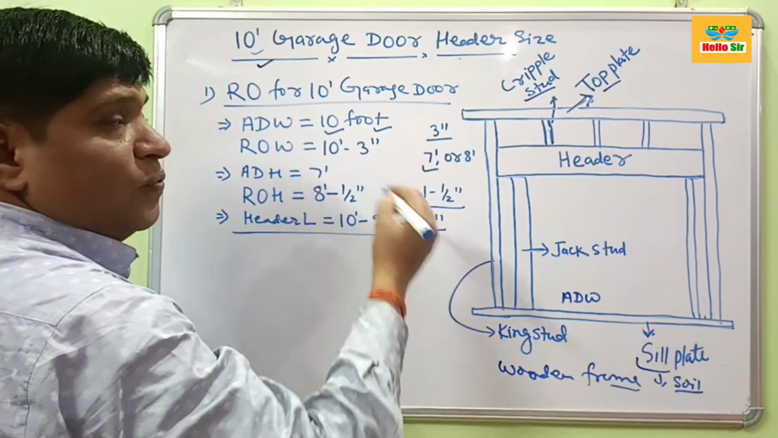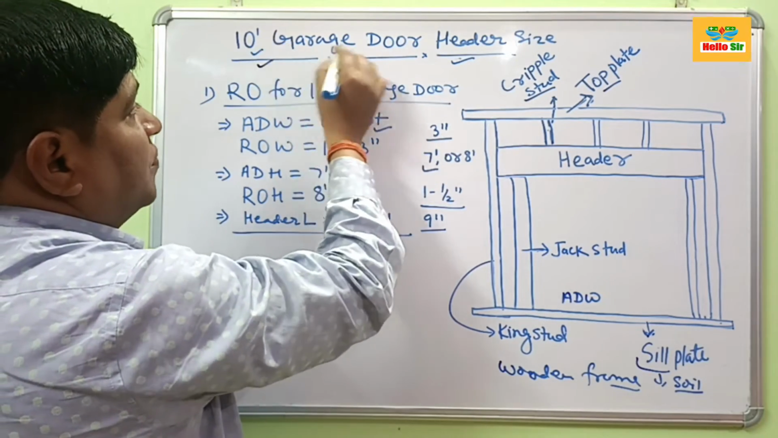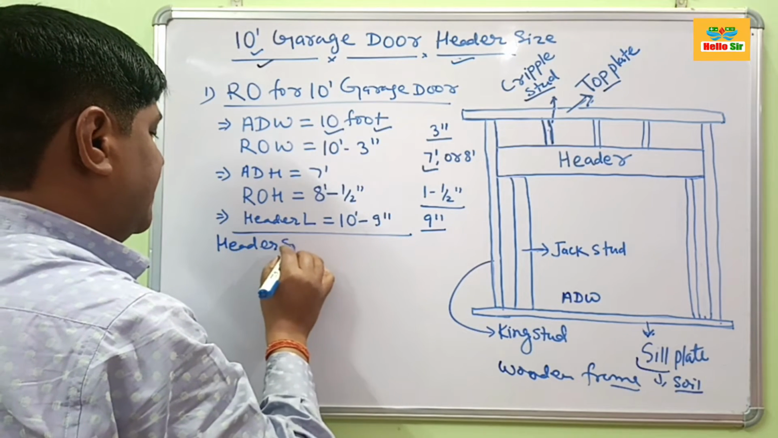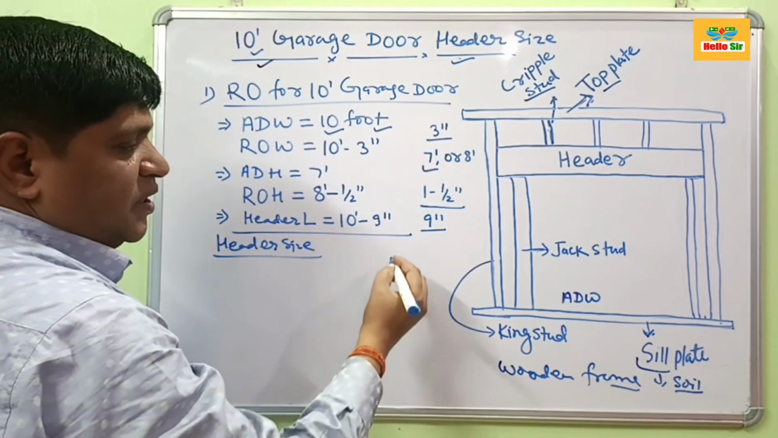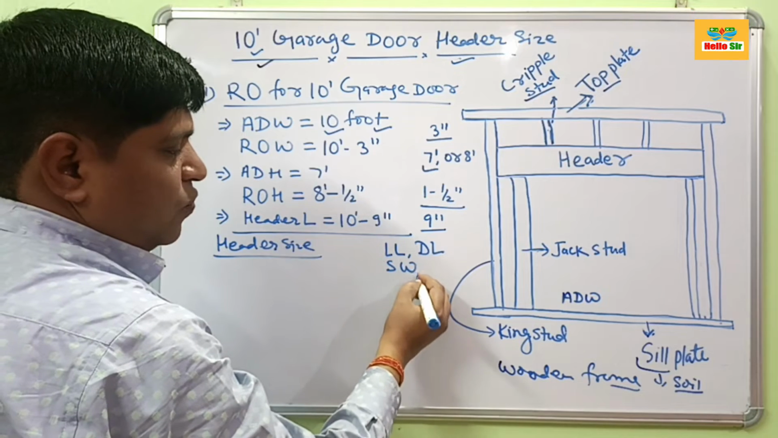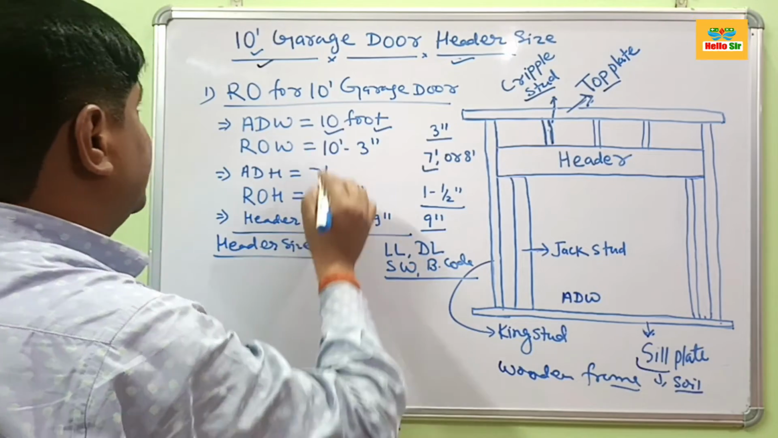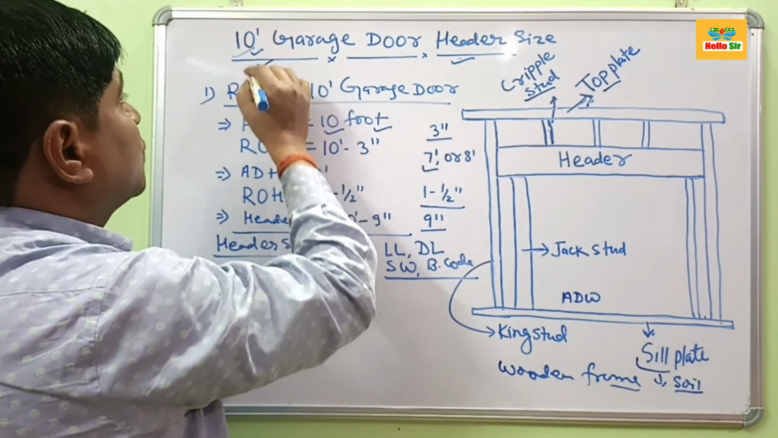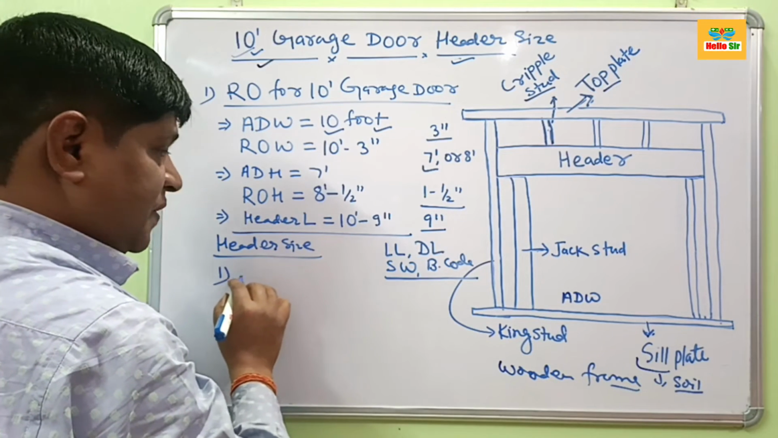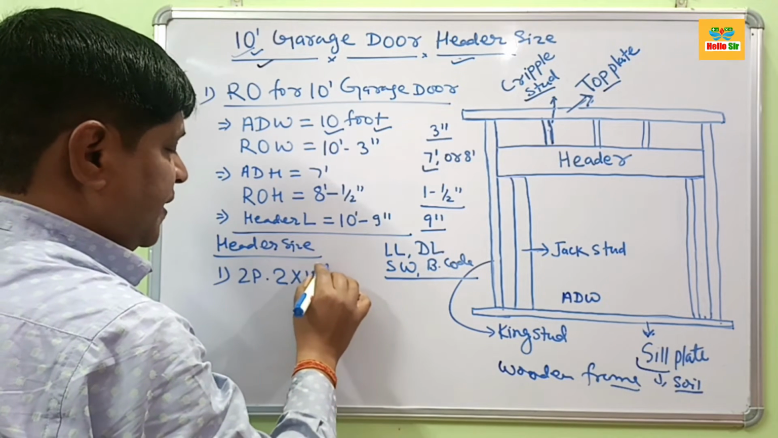But in this topic, we describe what the header size will be if the width of your garage door is 10 feet. Now, header size. As you know, the header size depends on live load, dead load, species of wood and building code. But our suggestion, if your garage door width is 10 foot, then for the header size you should take two pieces of 2 by 10 lumber,